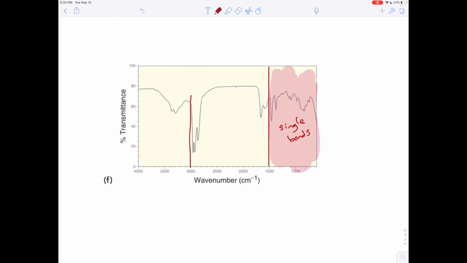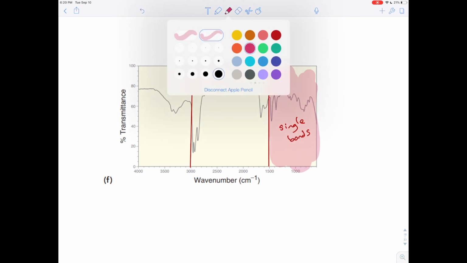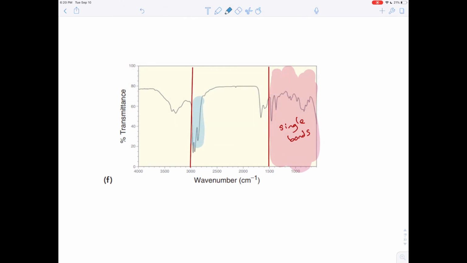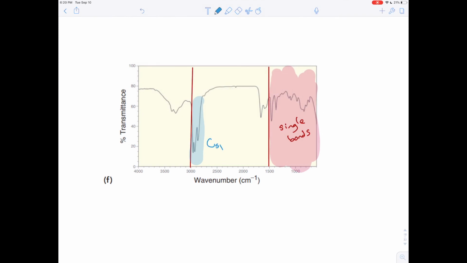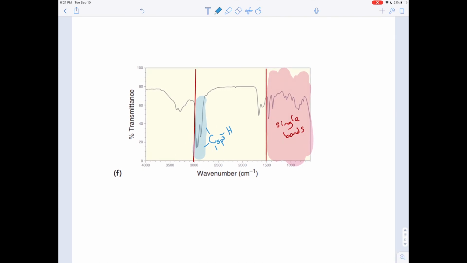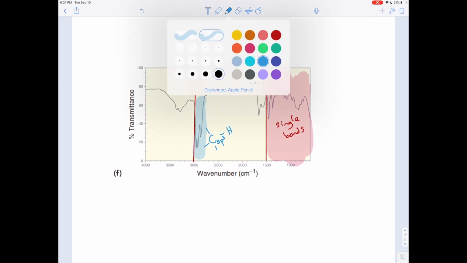Another useful line is at 3000. And you'll notice here we have our characteristic dip just to the right of 3000, our good old friend, the sp3 carbon to hydrogen bond. sp3 carbon, that's just a carbon that has all single bonds. So it's this bond right here that's absorbing that energy there and casting that shadow. Now we have